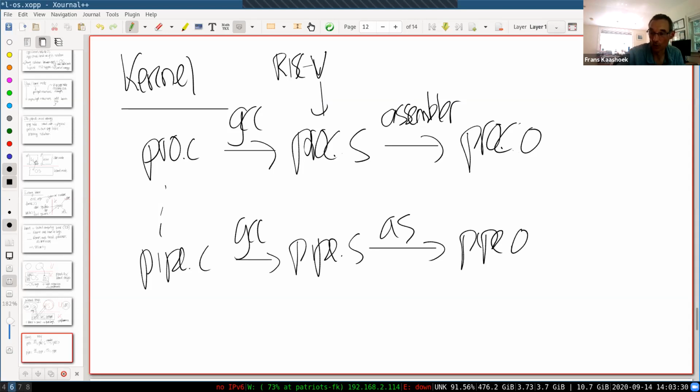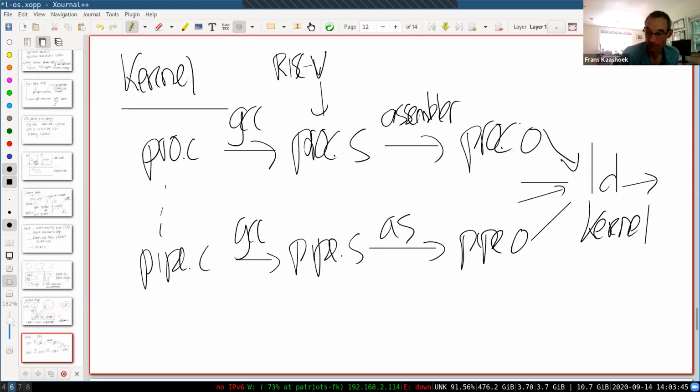And then the loader takes all these .o files from all the different files and links them together and produces the kernel. And that is actually then what we run. And for your convenience, the makefile also produces a file called kernel.asm that has the complete kernel